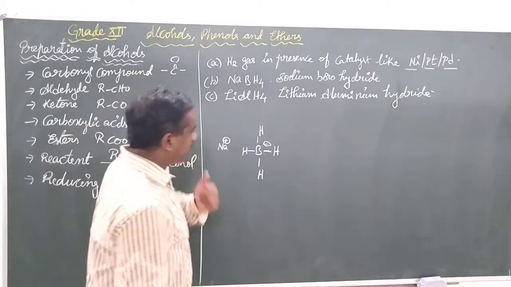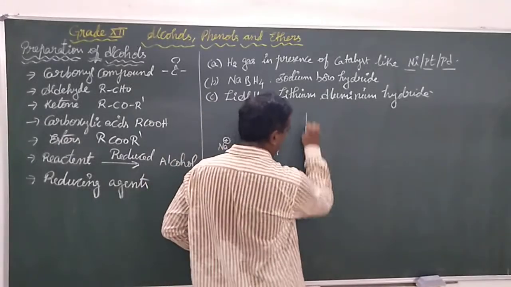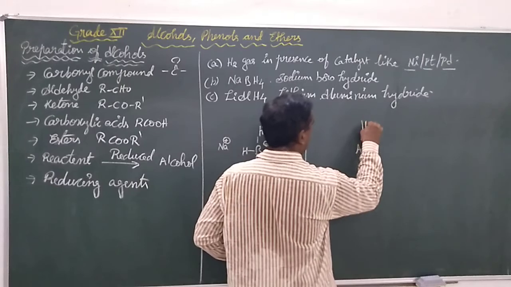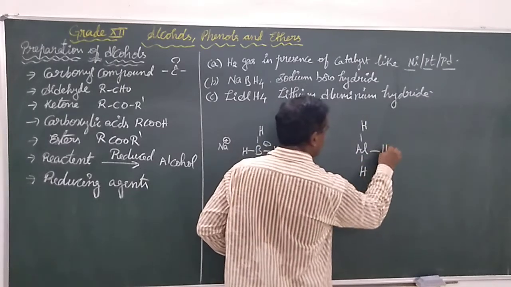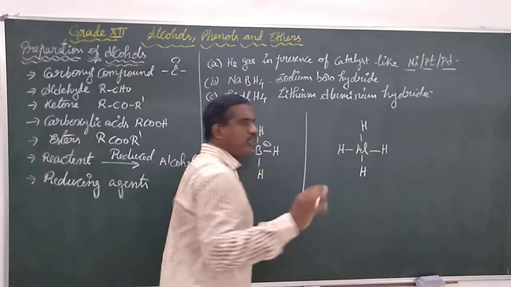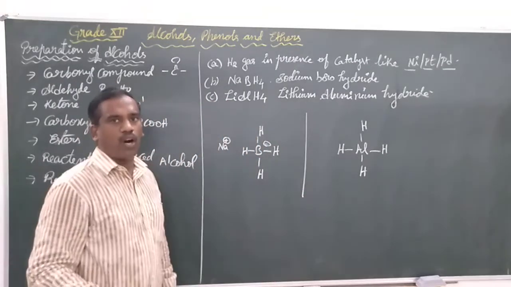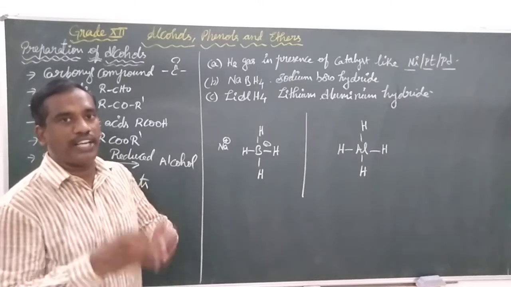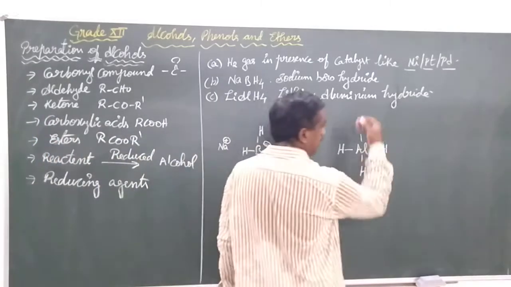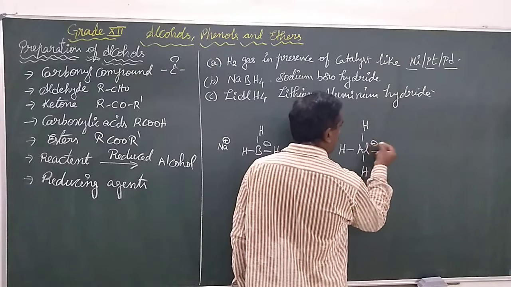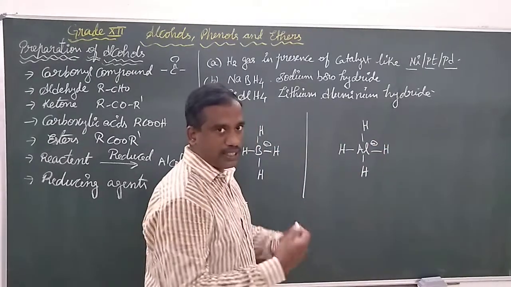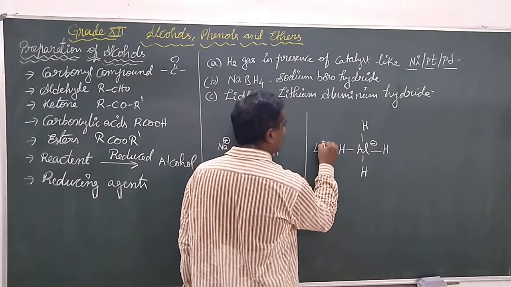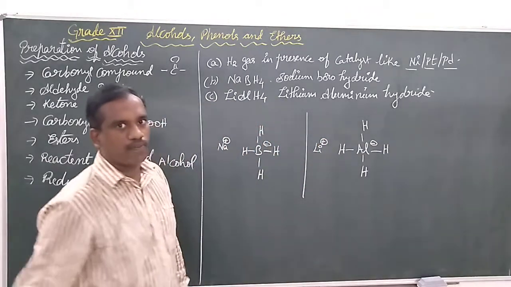Now let us see the lithium aluminum hydride. Lithium aluminum hydride appears the same. Basically, around aluminum there will be 3 bonds, but in this case we got 4 bonds. Means aluminum also gained 1 electron pair from the electrons of hydrogen. So it is bearing a negative charge, in this case extra negative charge. To neutralize this negative charge, we have the lithium as the positive charge.